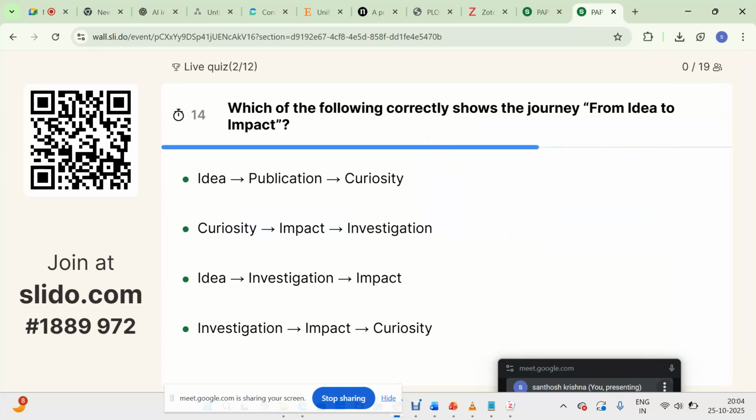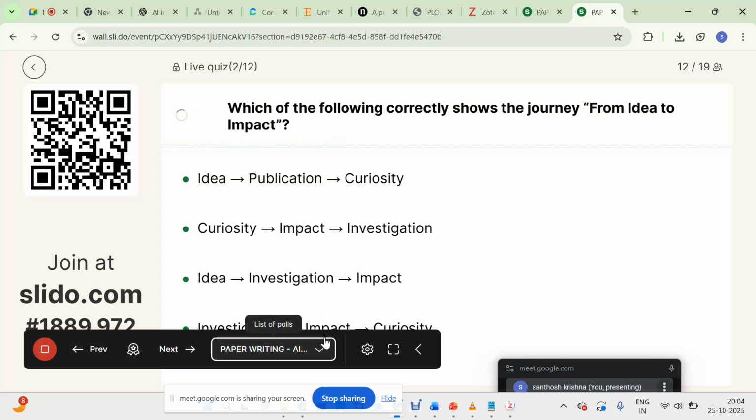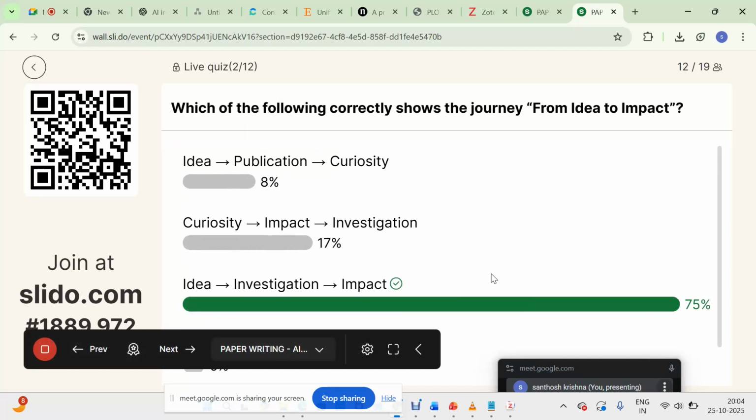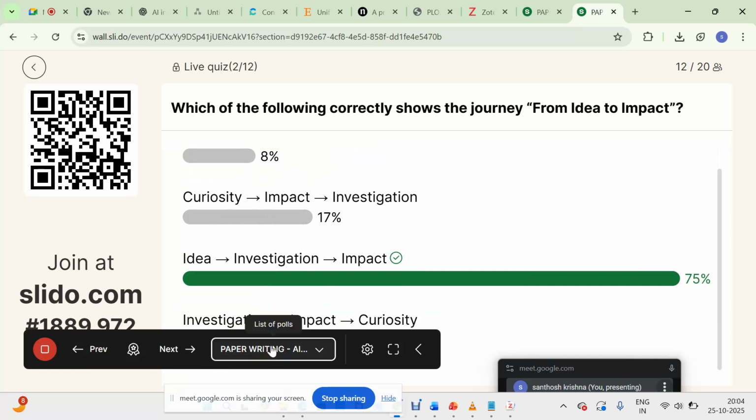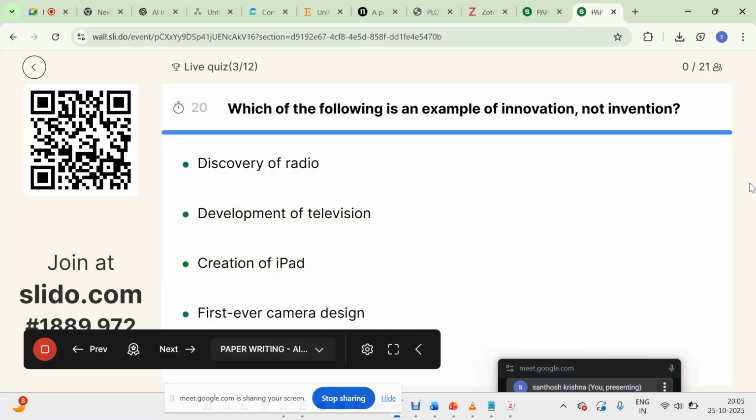The second question is also posted. Which of the following correctly shows the journey from idea to impact? I'm repeating the answer: it is idea, investigation, and impact. The next question is already posted.